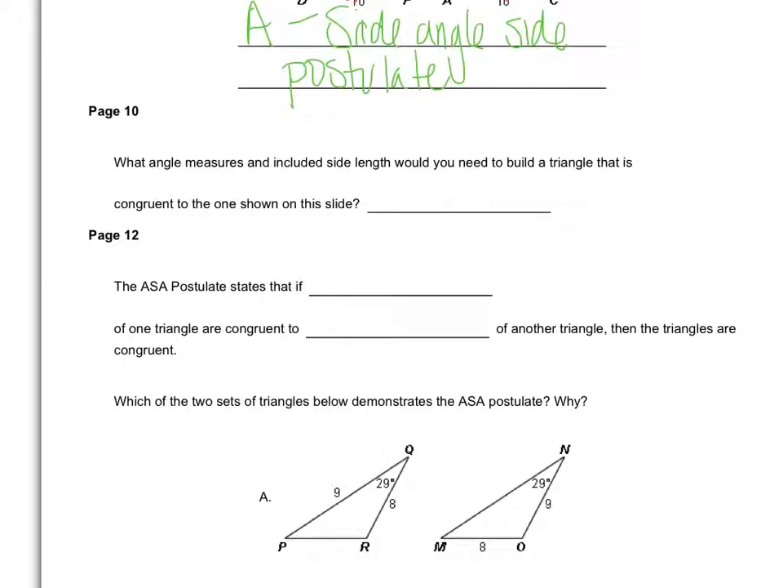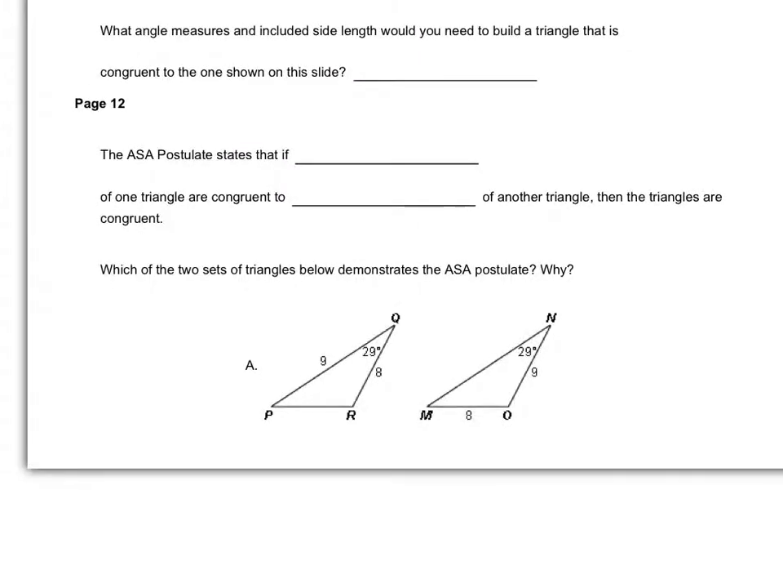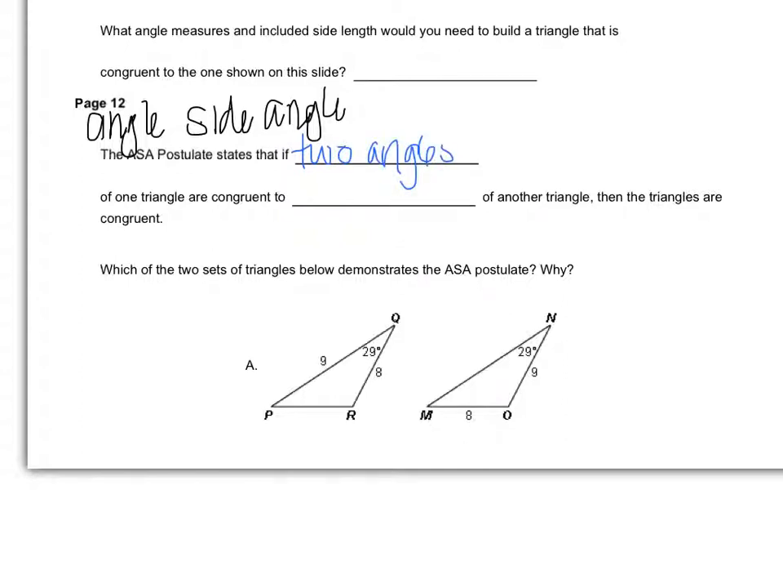Moving on to 12, you can probably figure out what the ASA postulate stands for. ASA stands for angle, side, angle. So the ASA postulate states that if two angles and their included side